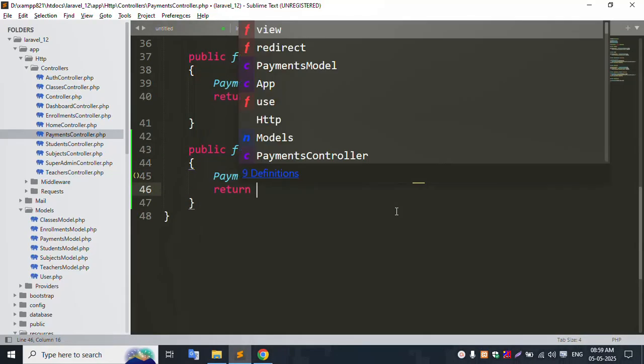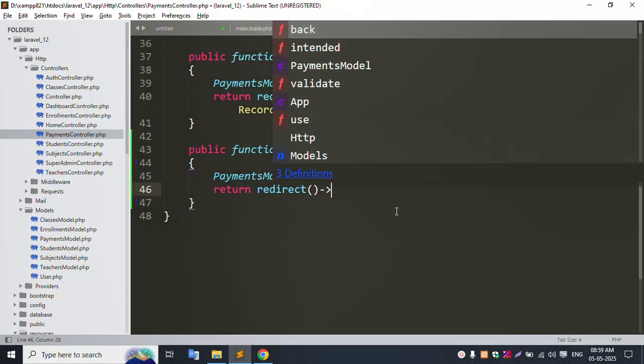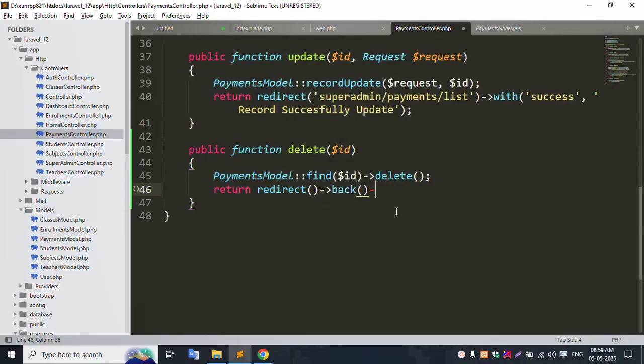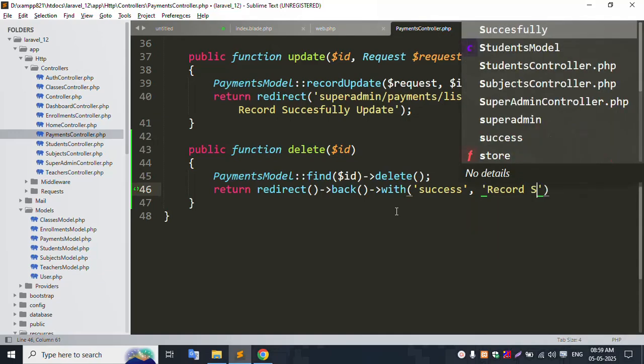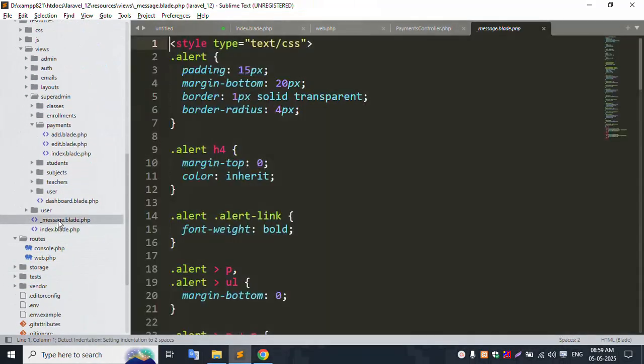Let's return redirect back with successfully, record successfully delete. Save. Working fine. The success message is already implemented in the underscore message file,